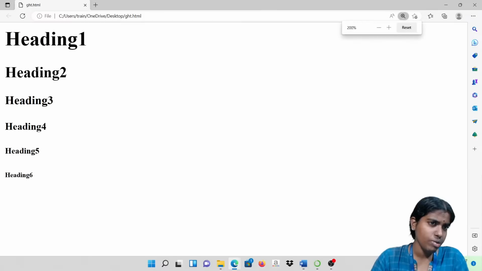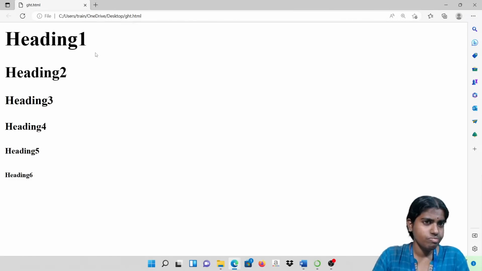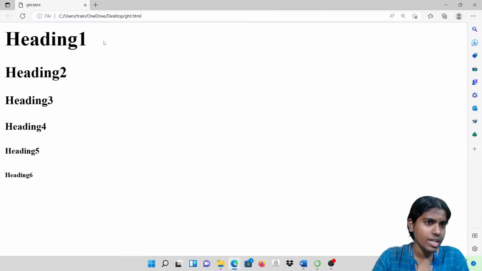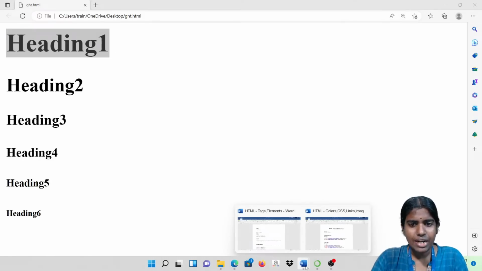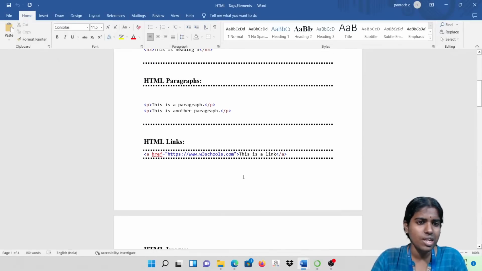Based on my requirement, for example, I am going to develop a website for an academic institution. Whatever the name of my system is, I can define it here, and inside this I can go for different levels of headers based on my sizing. Clear with this? All these are the different types of tags and attributes available in HTML.